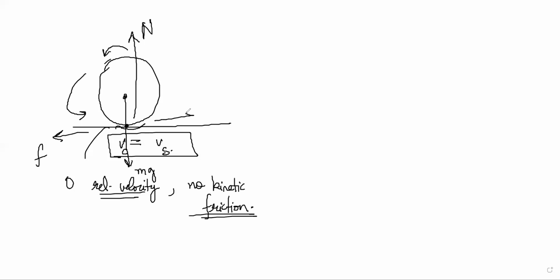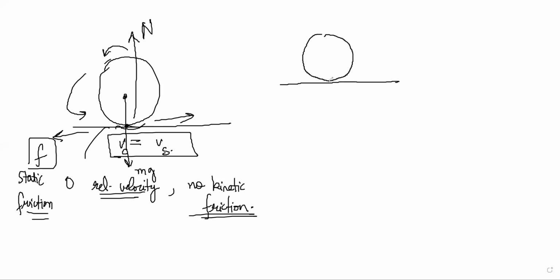So this point will try to slide like this. This point tries to slide faster and friction is opposing this. This is a static friction, because currently the velocity of the lowermost point is 0 with respect to the surface. So it is trying to slip and friction is opposing that slipping tendency. This happens because no surface is perfect and the point of contact is not a perfect single point. It is a deformed thing.